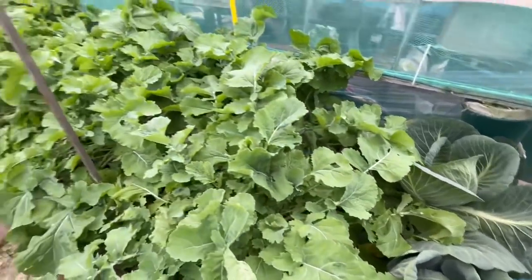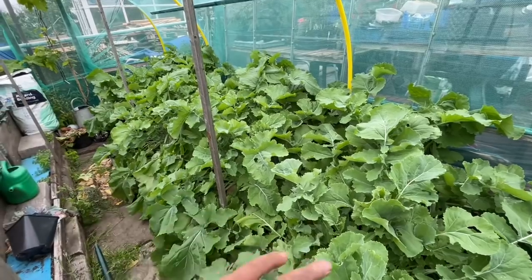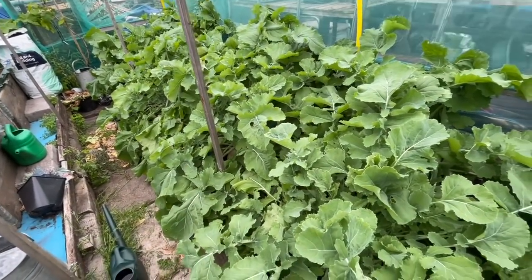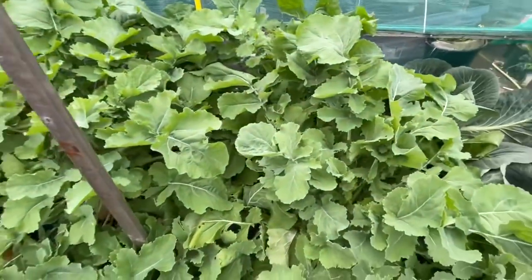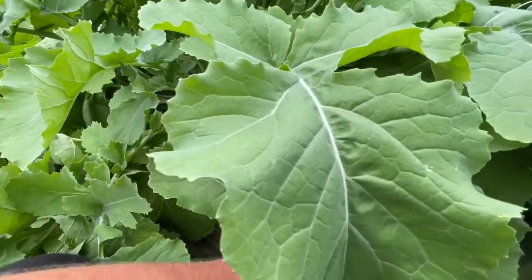I've not paid any attention on these. Now, this is all just top growth. You can't see anything in here. I've got giant swede, and I've also got some railway cauliflower for after the swede's lifted next to them. Now let's get down and let's have a look underneath the canopy. Starting at the front here,